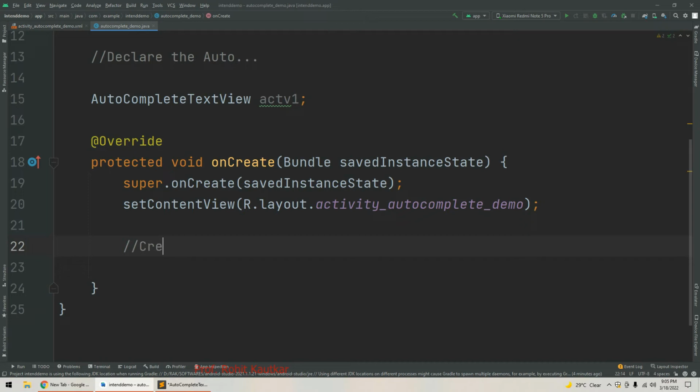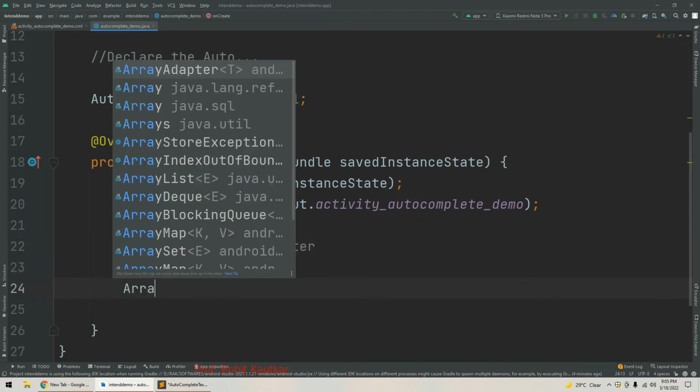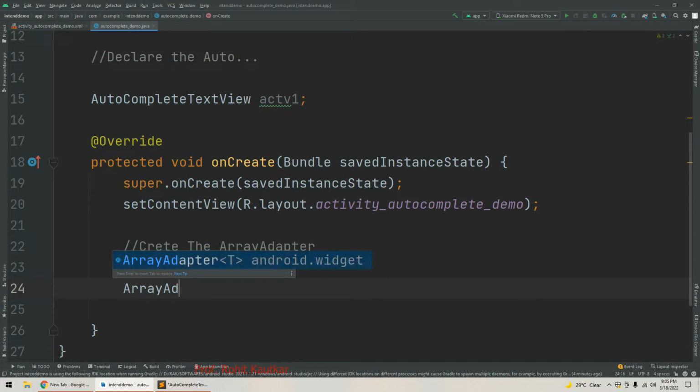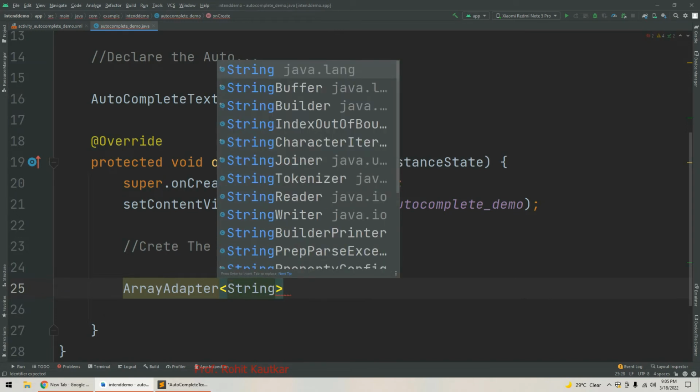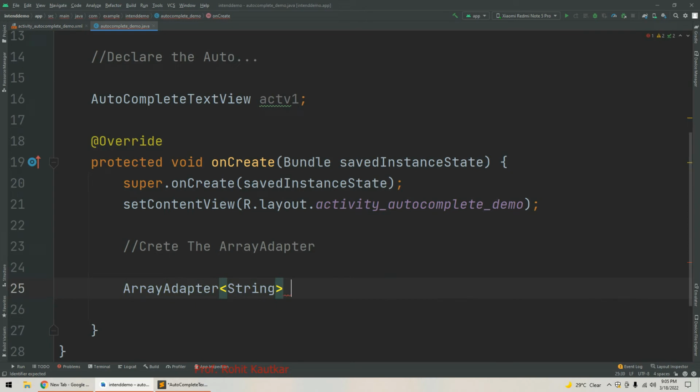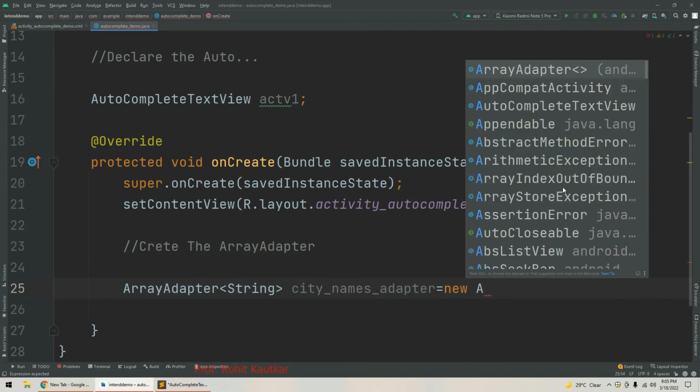So here I will create the ArrayAdapter. Now how to create ArrayAdapter? So start typing here ArrayAdapter, and now which type of ArrayAdapter we are creating here? So specify the type here in the angle bracket like string. Now next to that, specify the name of ArrayAdapter. So I will say here name like city names adapter. Okay, this will be the name of my ArrayAdapter, and next to that we will write new ArrayAdapter, and here we